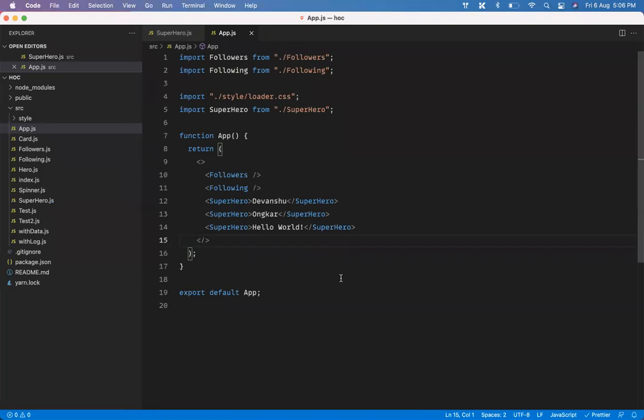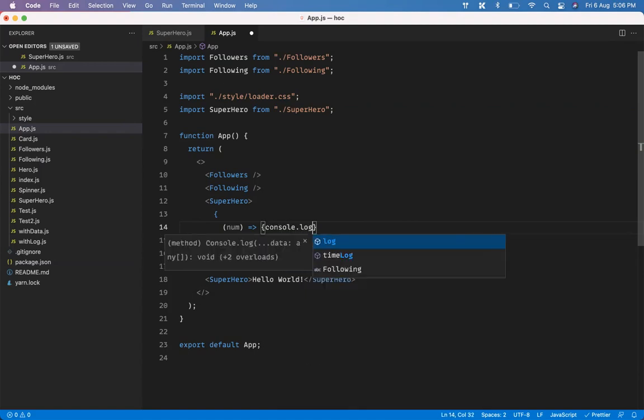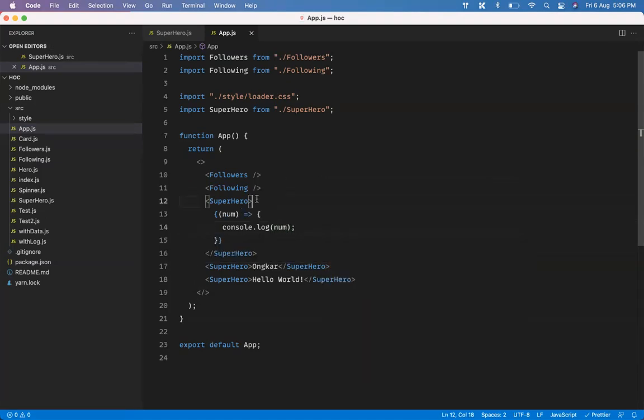The importance of this thing comes in is like, what if you start passing something else here? What if I pass a function from here? What if I say something like this? I am passing a callback function from here. What this callback function does, it accepts something, like a number, and it is just going to do something with that number. Whatever it is going to do, I don't know. Let us say console log for now. So I'm just going to accept this number and console log it.